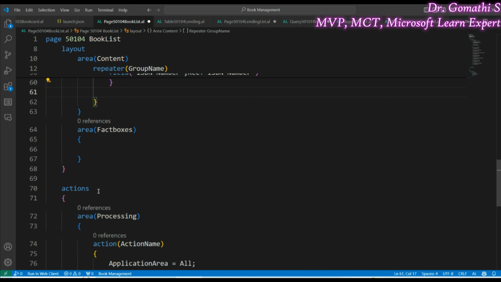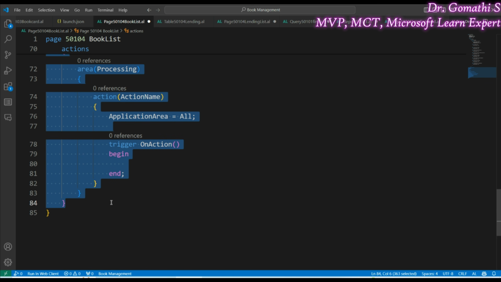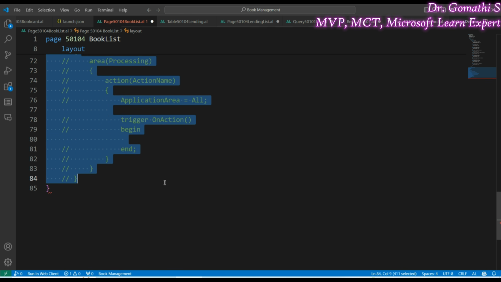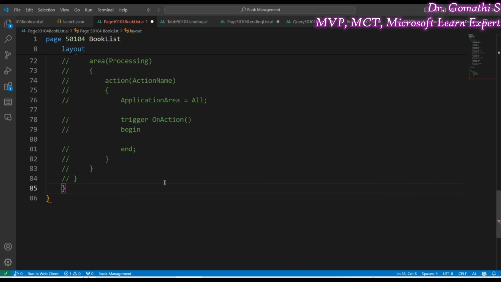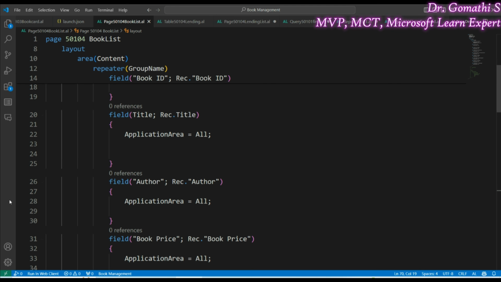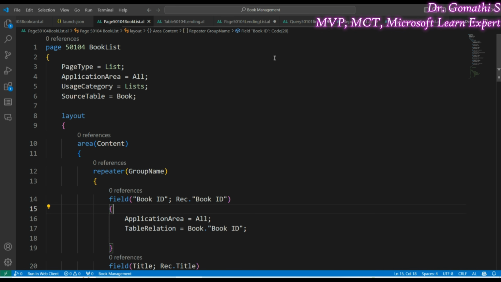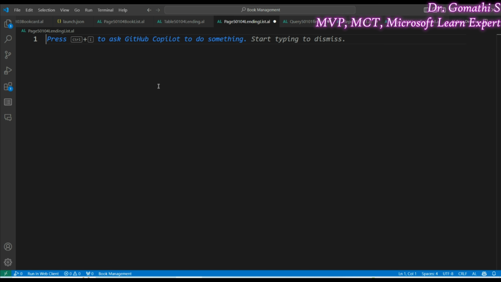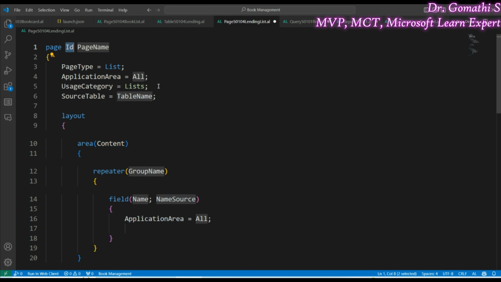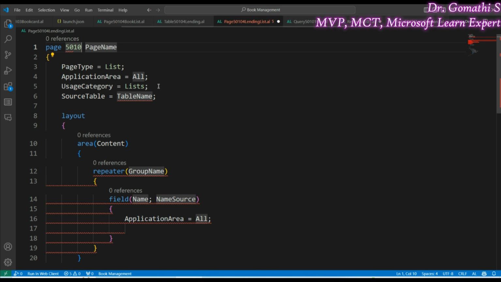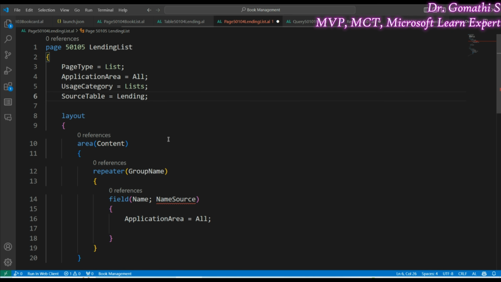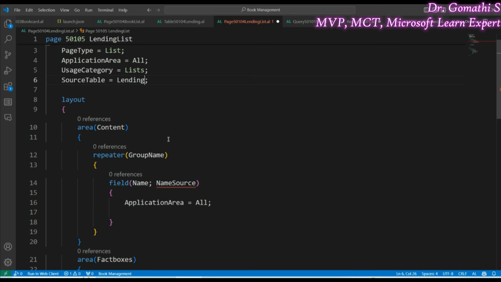And I'm not going to show any fact boxes, so I'm just commenting everything here right from here. We may need it in the future probably, but I don't want it now, so I'm just closing it. So just save this. So the book list is prepared now, and I wanted to create a lending list. List page. Here I'm just not going to do anything with the list. The changes which we have made in the card, lending list, and this should be the lending table. And you can see in the group,